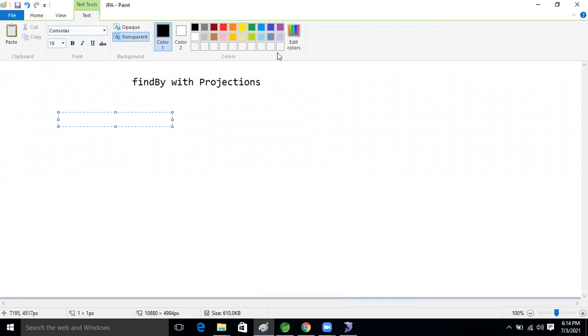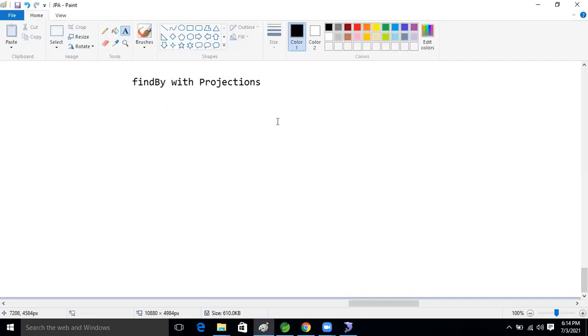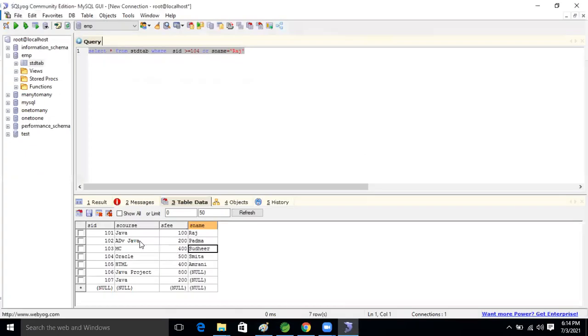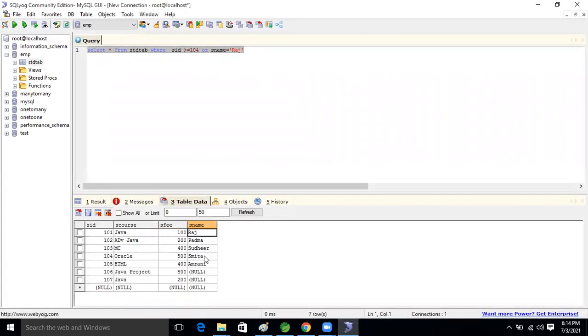Till now, what we have seen is that we are selecting some specific total records, right? One or multiple total records we are selecting. But within the record, some specific column, right? Just I want to select sname only, or I want to select sid only. This is called a specific column. In the case of Spring Data JPA, that is called projection now, guys.